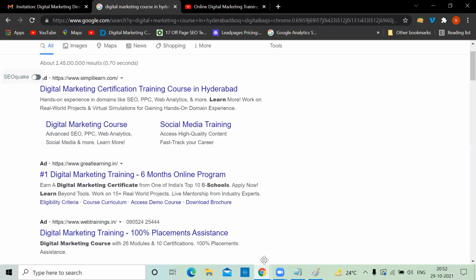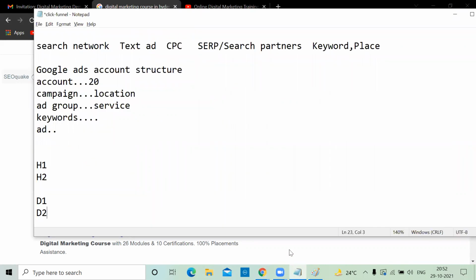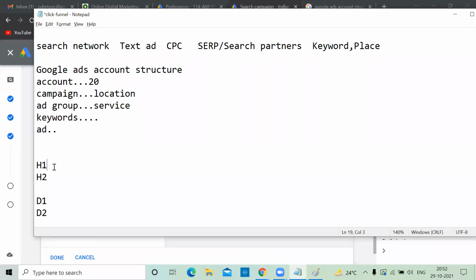And when it comes to characters, 30 and 90. Heading line 1, 30 characters. Even heading line 2 is 30. And the description is 90, and 90. Only 2 headings and 2 descriptions are visible actually.